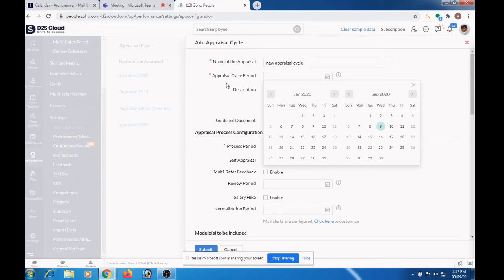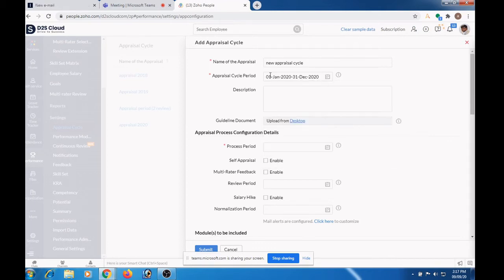Suppose the appraisal cycle period is from January 1st to December 31st, then you can choose the date here. If there is any description, you can type the description here. In case you want to upload any guidelines document, you can upload it here.